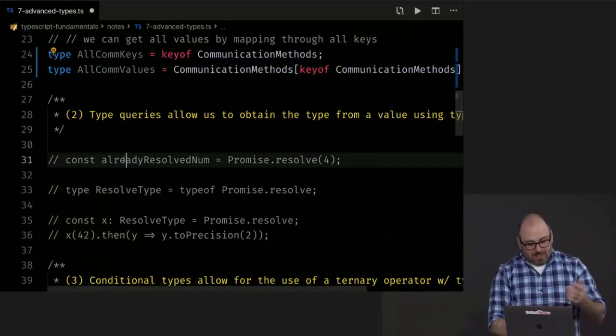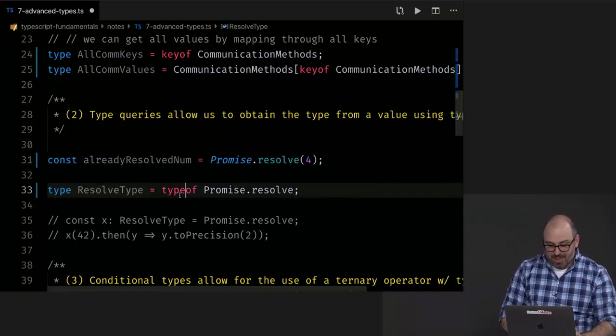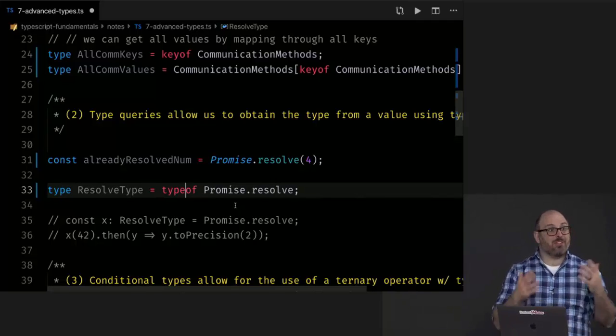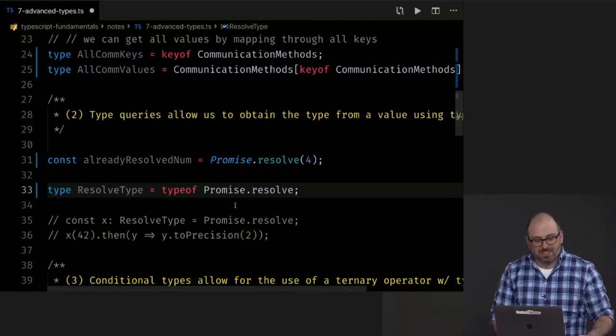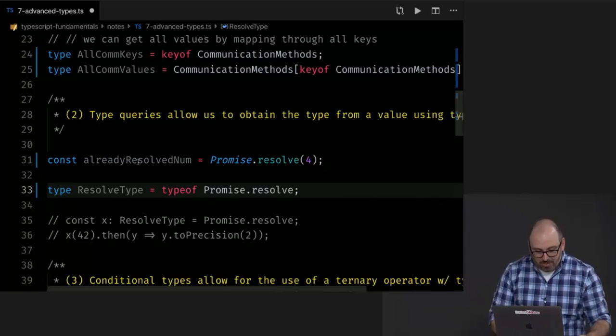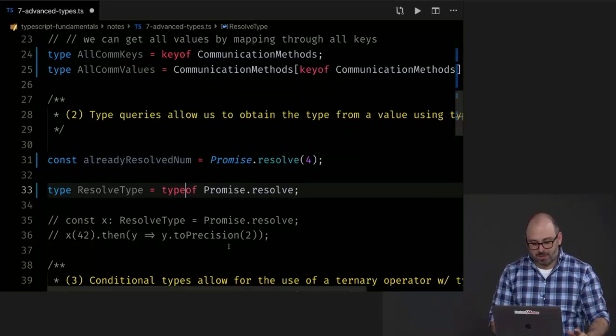Type queries. I call this an advanced concept, but it's relatively simple to understand. Typeof allows us to get the type of a symbol, the type of a value, I should say. Symbol is a very overloaded term in JavaScript. So here we've got a value whose type is a promise that resolves to a number, and I can get